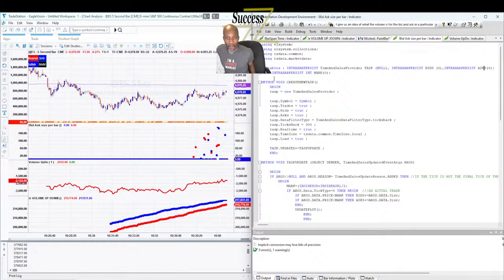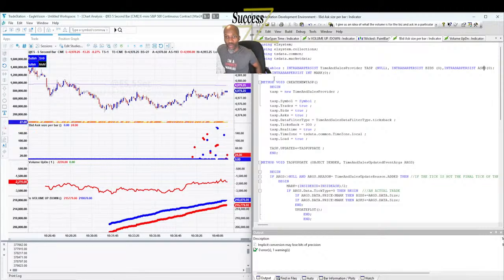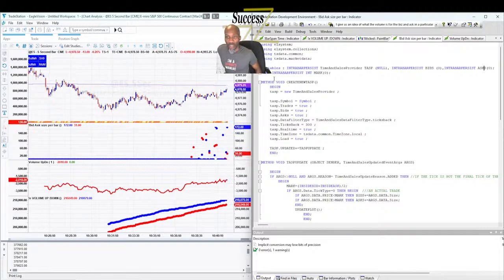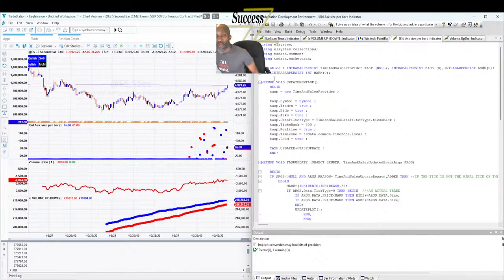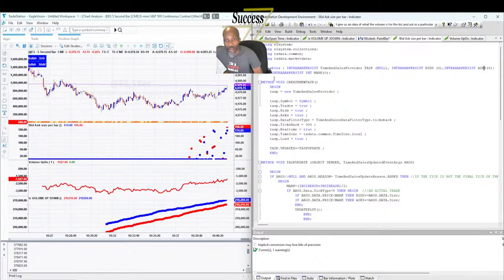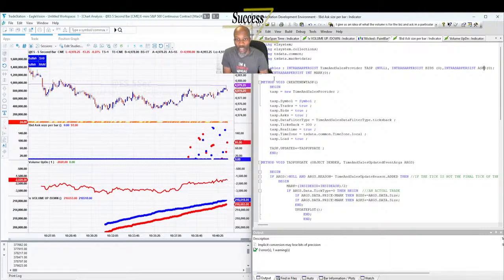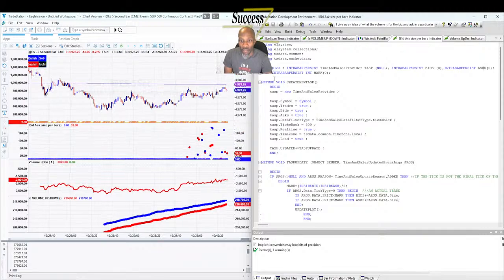Begin. Args is not equal to null, and reason is edit, then begin. Mark is going to be calculated, and then args, if args.data.tick type is equal to 0,